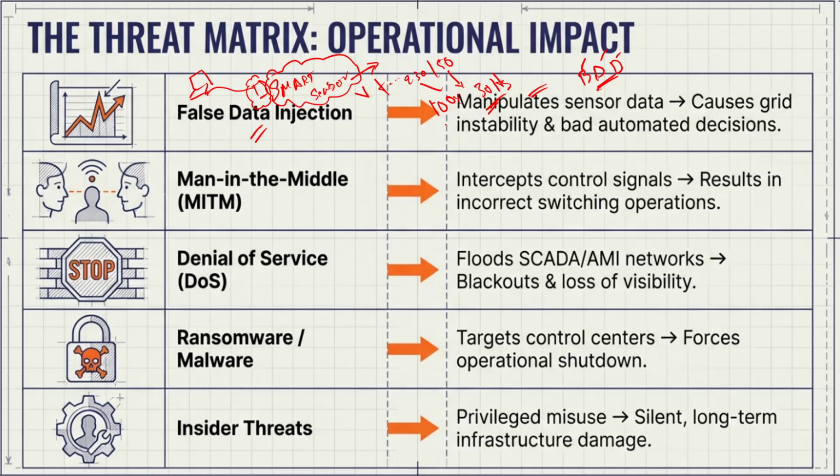For example, instead of 230, he can say 100 volts, and instead of 50 frequency, he can say 30 hertz. Correct. So when this data is sent to the SCADA system, it will think there is a problem in the system. Okay, and when this happens, there will be an instability in the grid, because the SCADA system